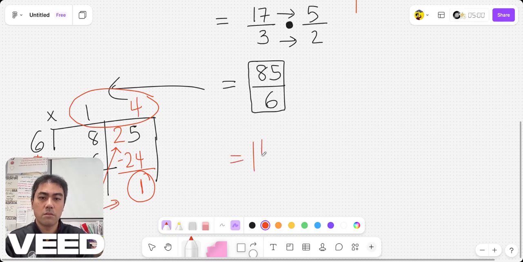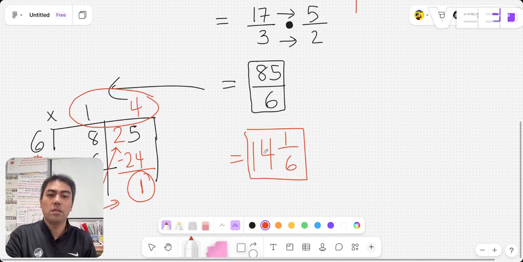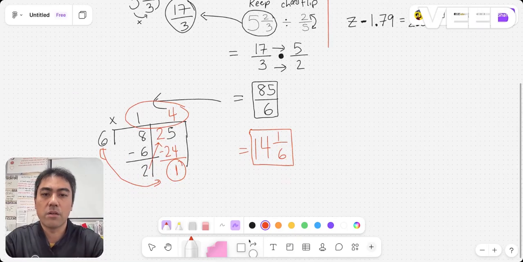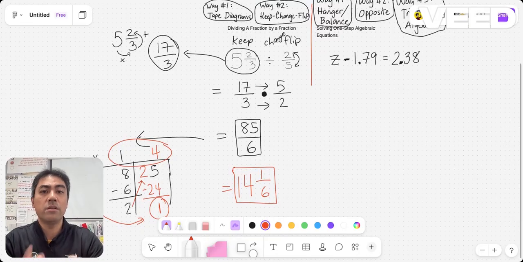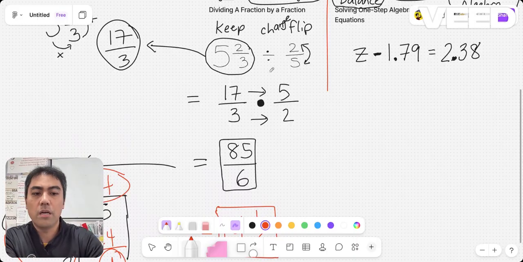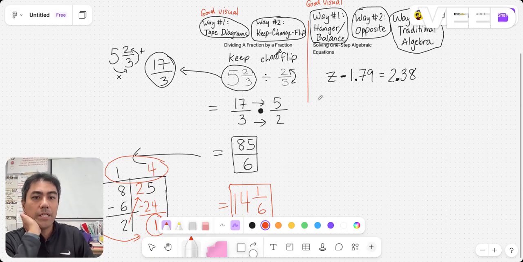So this is the answer that you're more likely to see as an answer choice if you're taking an SBAC test or some other standardized test like a STAR test. Okay, so that's how you divide fractions by fractions. Just use keep change flip. It is what people use most of the time, or do tape diagrams. Okay, so that's the first part of the quiz. The second part